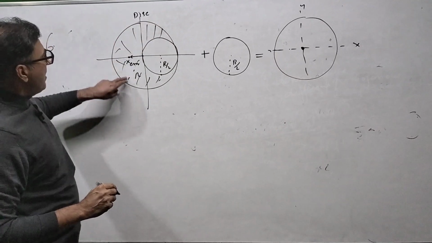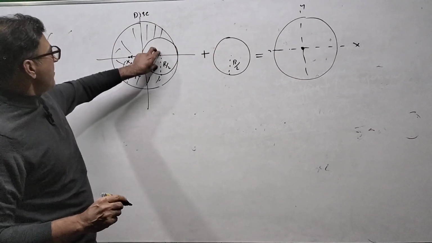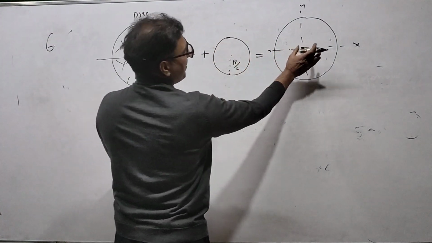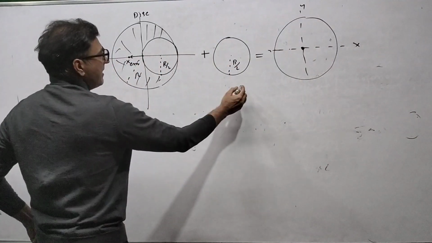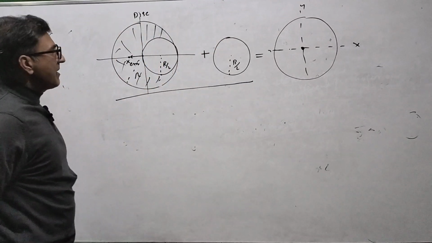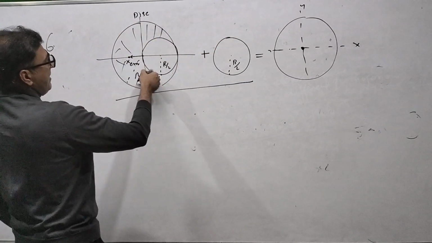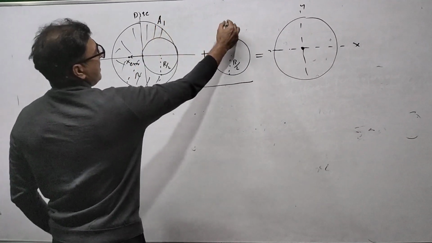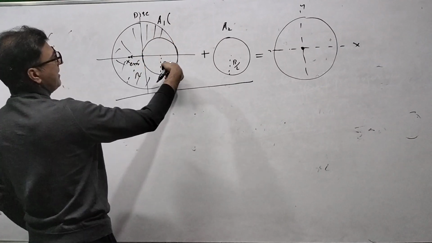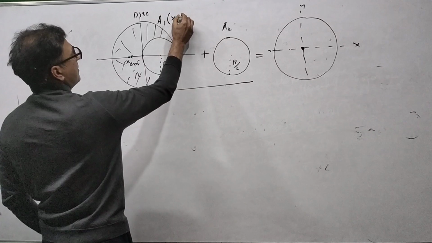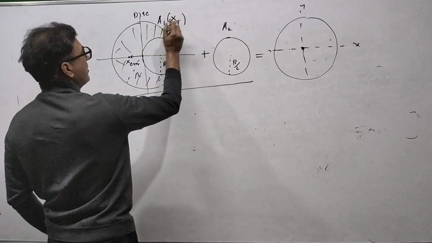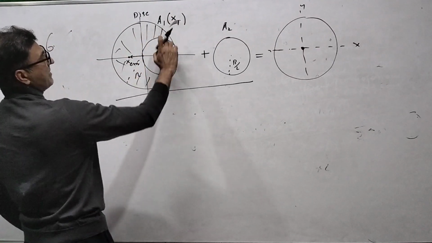तो इस बॉडी का सेंटर ऑफ मास प्लस इस बॉडी का सेंटर ऑफ मास is equal to इस बॉडी का सेंटर ऑफ मास, यानी कि अगर मैं इन दो बॉडीज को ऐड करूंगा मुझे सेंटर ऑफ मास यहां मिलेगा। तो जरा इन दो का सेंटर ऑफ मास कंबाइन करके मुझे बताइए, इसका और इसका कंबाइन करके मुझे बताइए सेंटर ऑफ मास। ठीक है, तो बताइए इसका एरिया क्या है, सपोज का एरिया A1 है, उसका एरिया A2 है, इसके कोऑर्डिनेट क्या है, इस डिस्क के, इस पार्शियल डिस्क के, इसका कोऑर्डिनेट समझो एक्सियम या x1 समझो, that is much better because you are familiar with x1। x1 समझो इसका सेंटर ऑफ मास है, इसका सेंटर ऑफ मास x1 है,